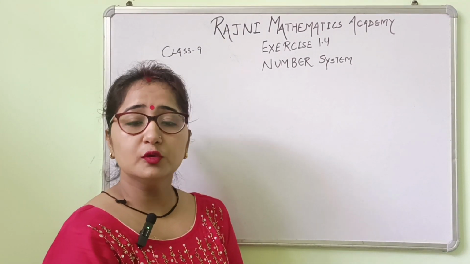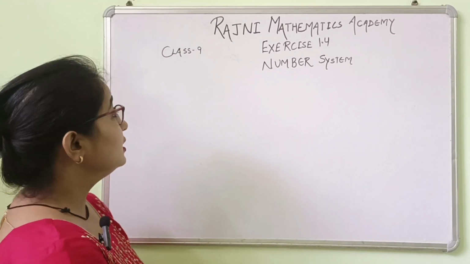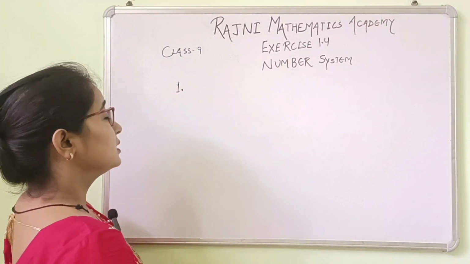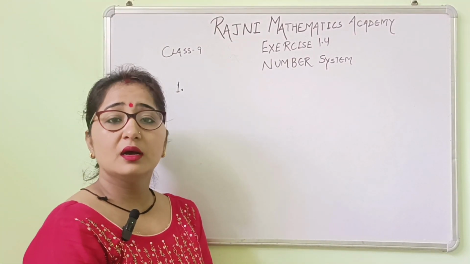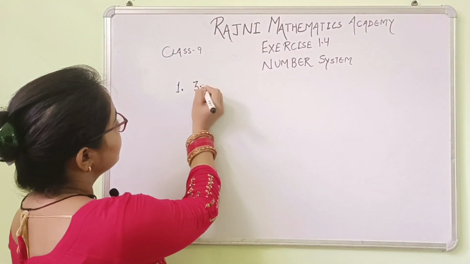There are only two questions in exercise number 1.4. The first question is we have to represent a given number on the number line. The number is